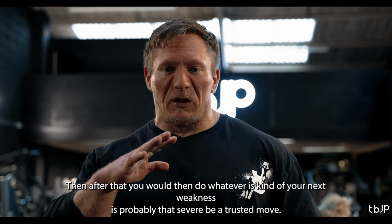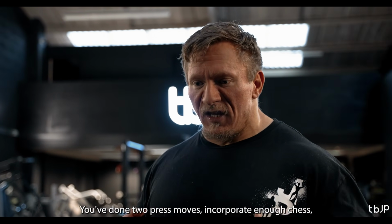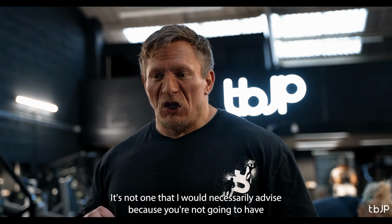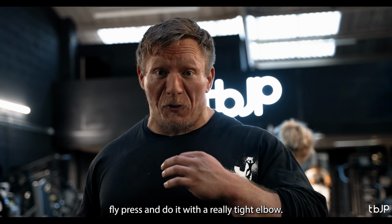Then after that, you would do whatever is your next weakness. It would probably still be a tricep move, just because you've done 2 press moves that incorporate enough chest. But you could still do a tricep move that also biases the shoulder. It's not one that I would necessarily advise because you're not going to have underdeveloped shoulders compared to your chest and your triceps. But you could also then do another high incline press